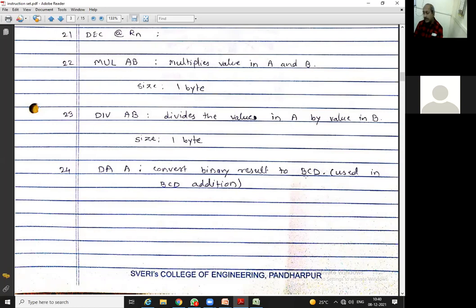Then the ROM will come to know that this is F0, and F0 stands for this particular INC or DEC. Then what to do it on is given in the next opcode, such as decrement A or decrement R0, or increment, like that. So all have this binary conversion. To convert this binary back to BCD, this DA A command is going to be used. So these are the total 24 commands, or instructions, that come under the arithmetic category.